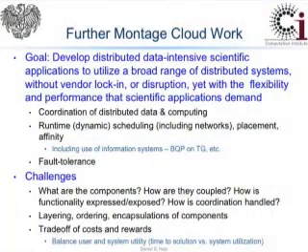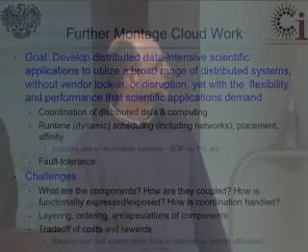The goal here, in terms of what we're trying to do, again, is to understand distributed data-intensive scientific applications and how they use infrastructures. Trying to do this so that we can move back and forth between different infrastructures without the application writer being aware of it, but giving good performance. And so there's a bunch of different issues that fall out of this: coordination of the data and the computing, affinity, locality, understanding them and being able to specify them. As I was talking about before, runtime scheduling, including network scheduling, doing placements,